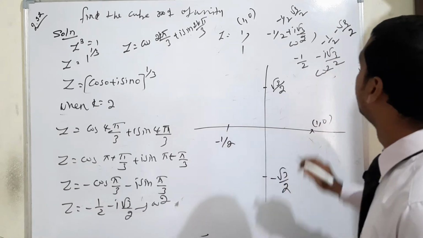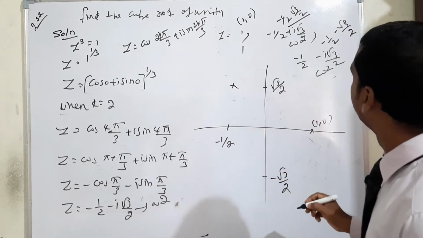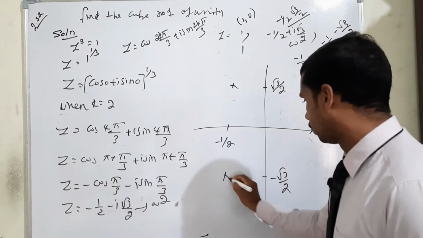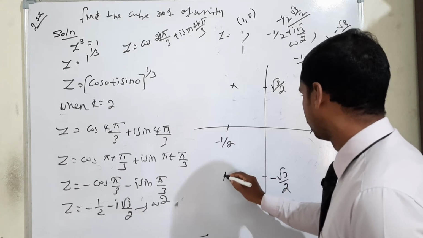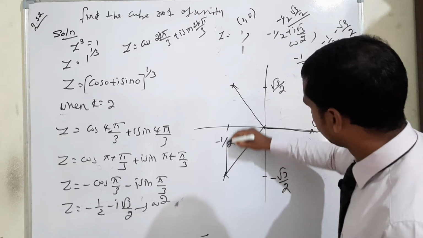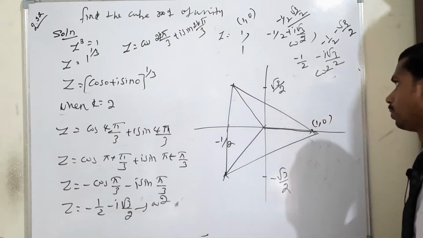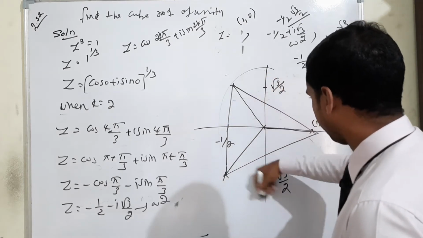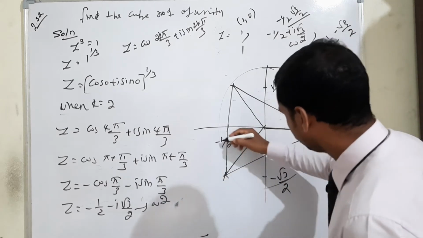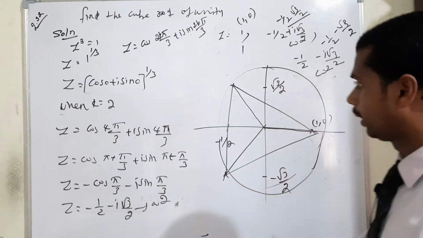Second coordinate negative 1 by 2 comma positive root 3 by 2 will meet here. Then the next one, both negative, means it lies on the third quadrant, isn't it? So just you have to show it. If you make a circle, it's not a properly drawn line, just you have to show it, okay? That's enough. Okay, this is our final answer.